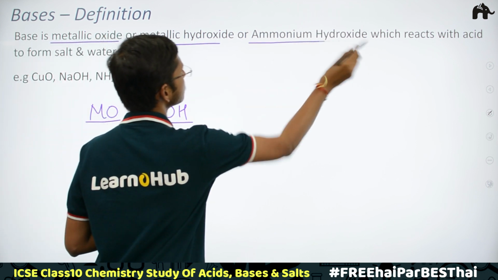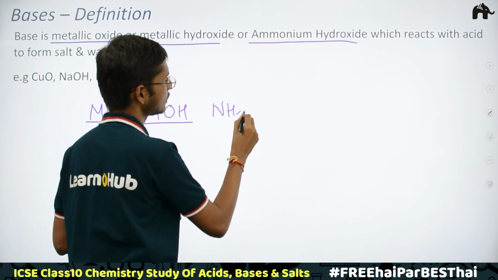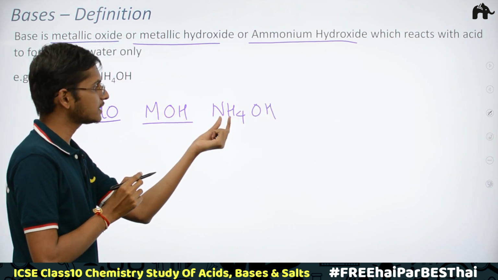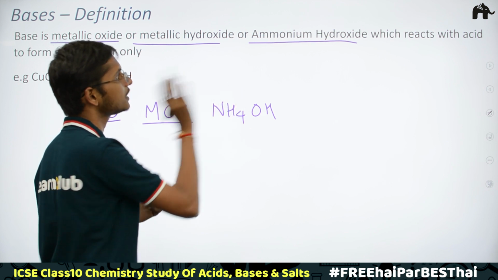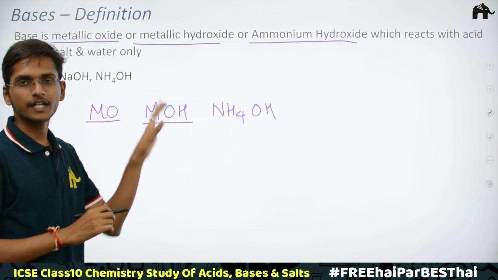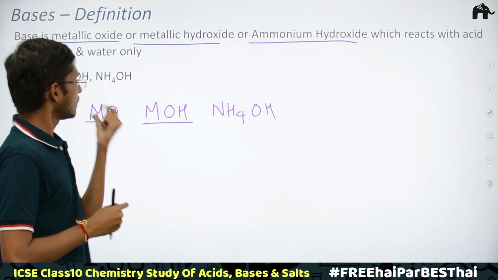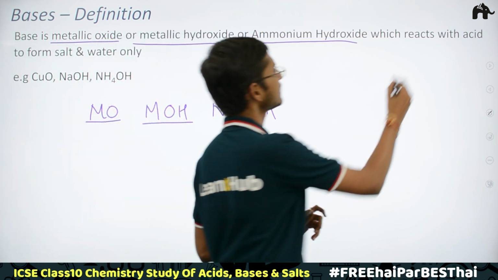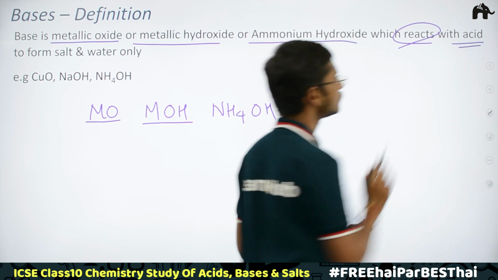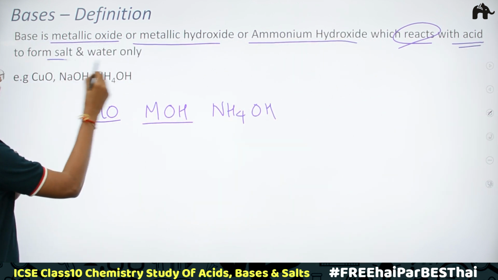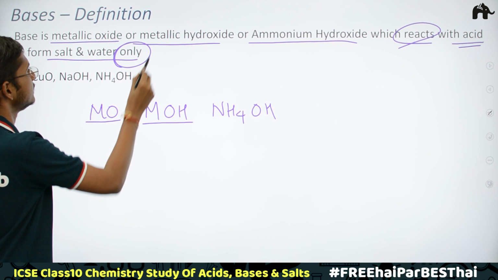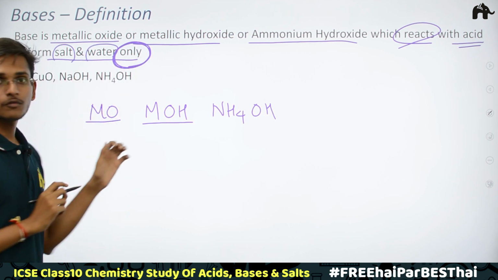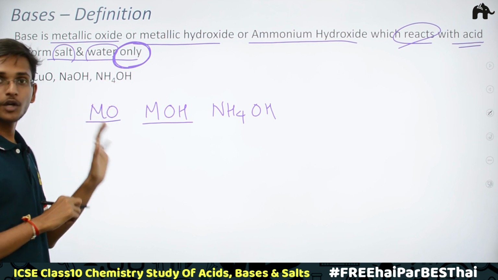Or it is an ammonium hydroxide. Ammonium hydroxide means, now you would be knowing, OH would be there, in place of metal it would be ammonium ion, NH4 plus ion, okay, we have studied its formation. So base is a metallic oxide, metallic hydroxide or ammonium hydroxide which reacts with acid to form salt and water only, okay. Now here you have to put the emphasis on the word only in your definition, because there